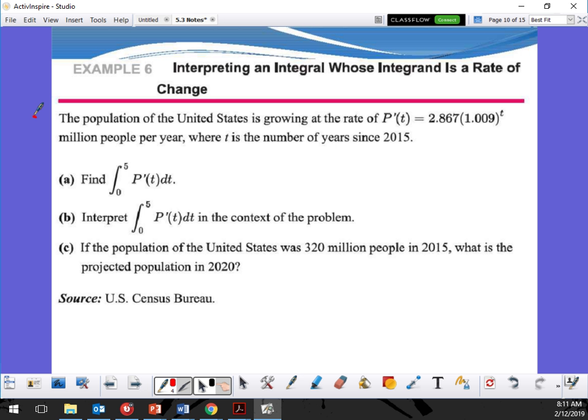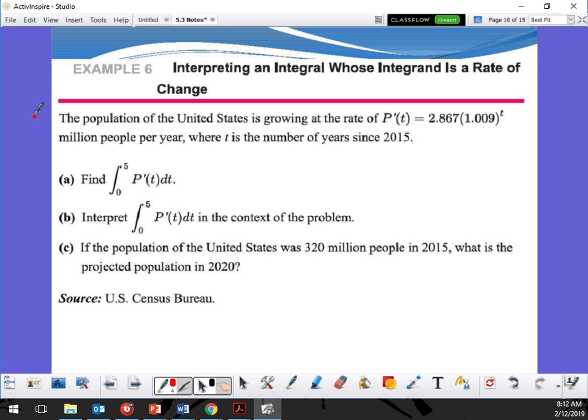Okay, the population of the United States is growing at a rate of P prime of t equals 2.867 times 1.009 to the t million people a year, where t is the number of years since 2015. Now, "since 2015" is a very important way to start this problem. So that means that 2015 is going to be my zero, and everything from that point is going to be